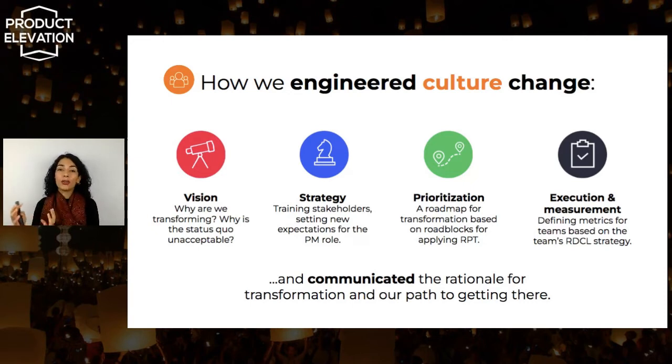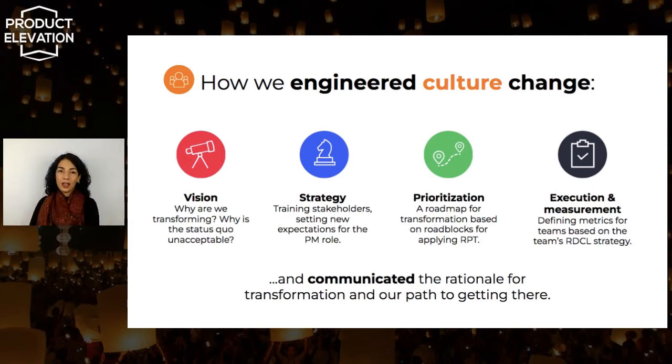We then had to create a roadmap for transformation. So, for example, one of the first things that we had to change was product management needed a seat at the table when talking to customers to be able to understand their needs, but also counter propose when they needed these custom features. We had to create a roadmap of all the changes systematically that we needed to bring about for product management to be more effective.